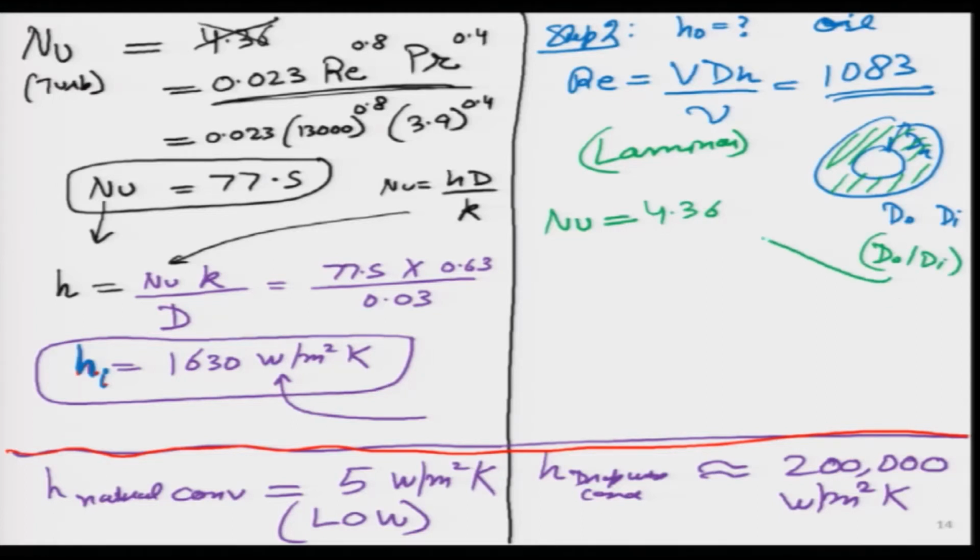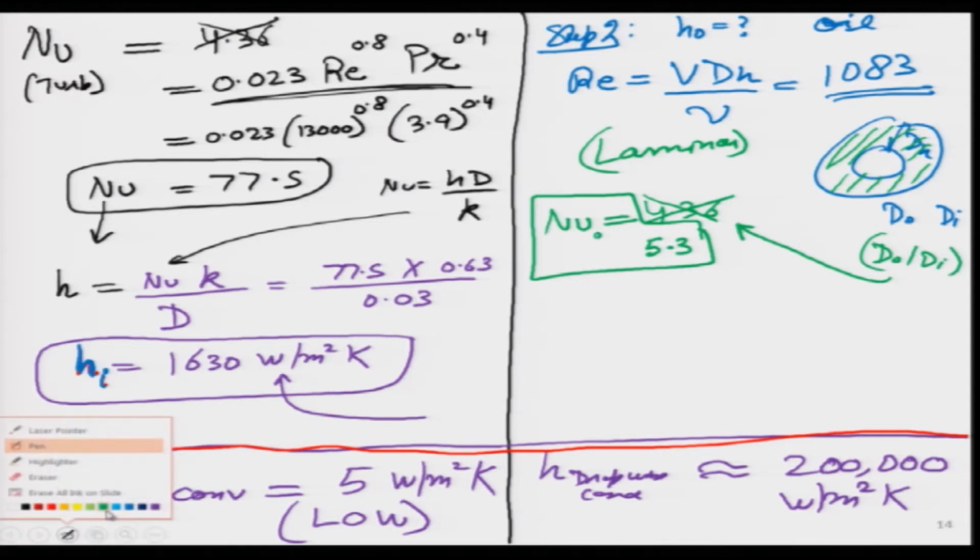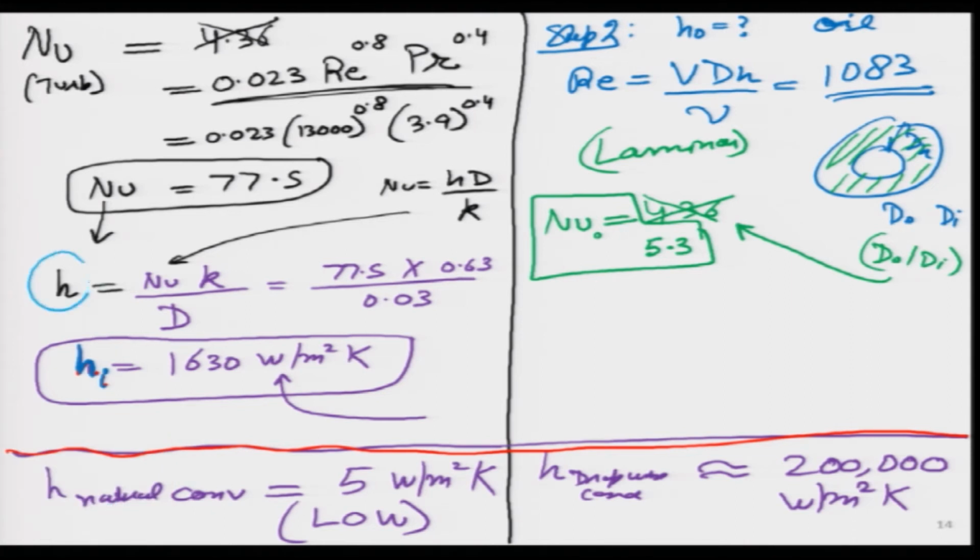But we can expect that that value will turn out to be close to about 4, 5 or maximum 10, 12, something like that. So, again I looked up a particular table and then I have got Nusselt value is 5.3, and this Nusselt is for the outer region. And this again I can convert into H. So, I can say H outer is simply Nusselt K divided by hydraulic diameter, and this K is for the oil. Earlier K was for water.